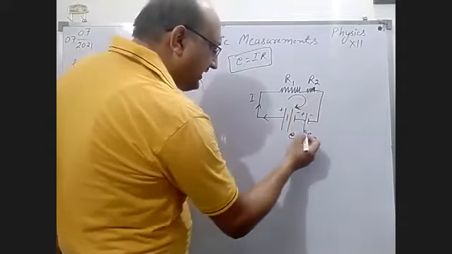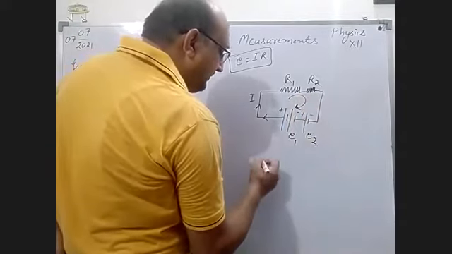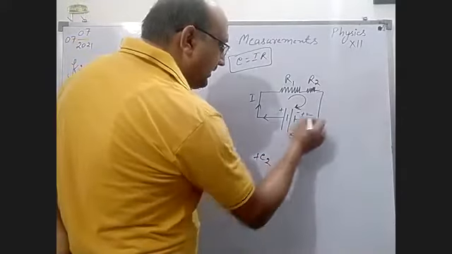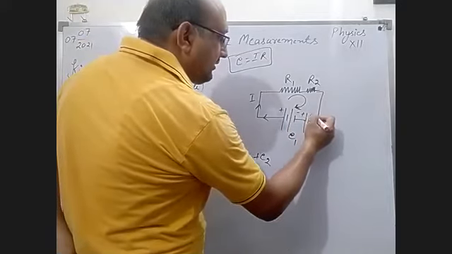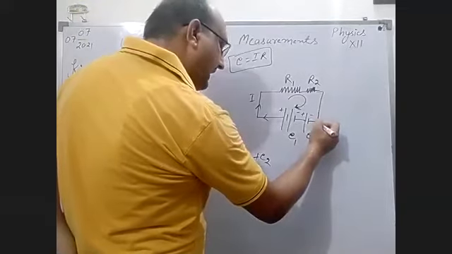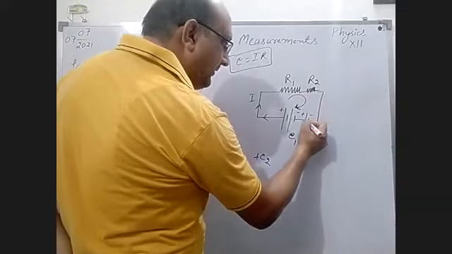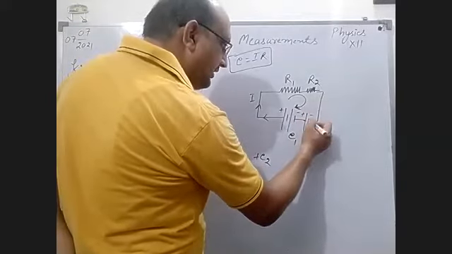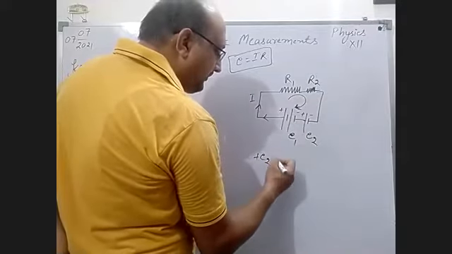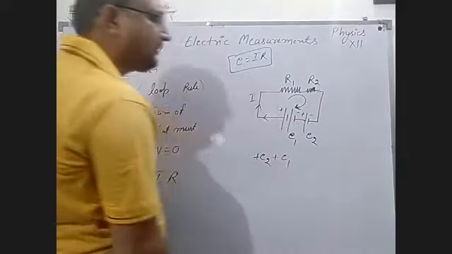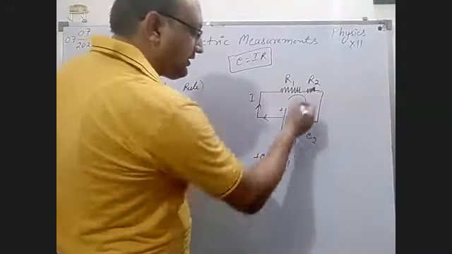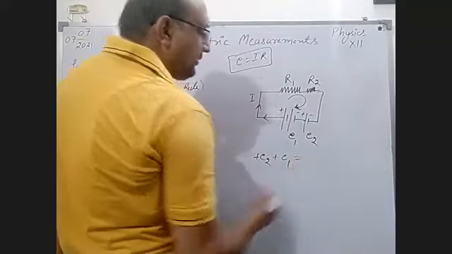Firstly, we are taking according to this loop plus E2 because minus sign battery current enters in that terminal and goes out from the positive. So this battery is in the direction of this loop in clockwise direction. Now plus E1 is there because both batteries are according with the clockwise loop.